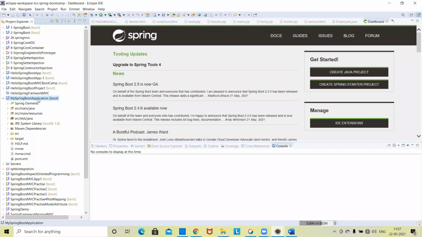Okay, and those who are attending the sessions, you will get the code also. I will keep it in GitHub, and from there you can download the projects also. That will be an advantage for you. So you can open it, you can download it, and you can configure it in your system also.